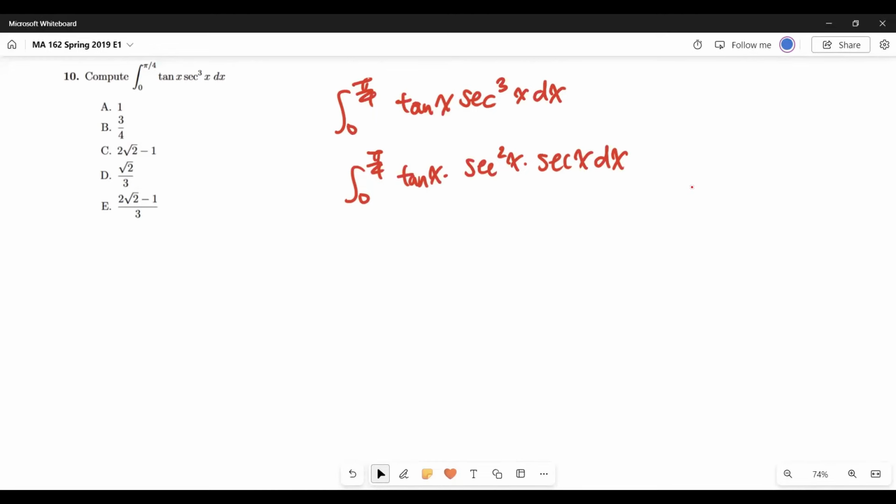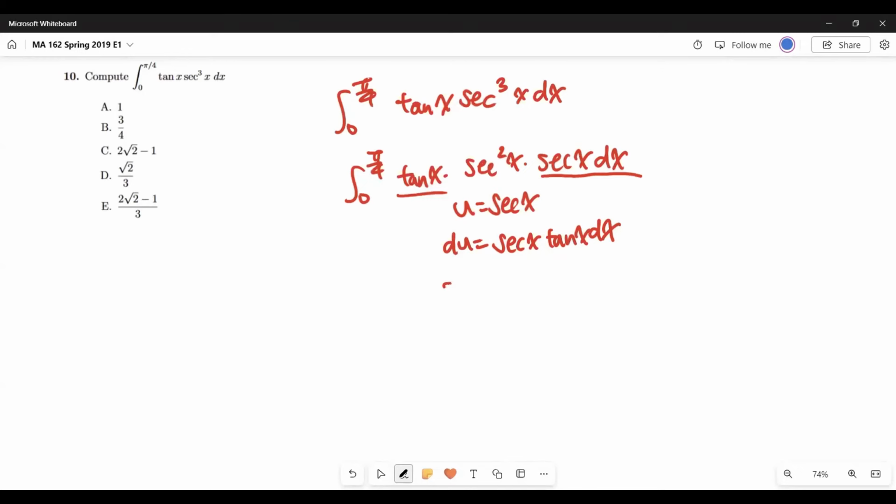You can find the derivative of that as secant x tangent x dx. The only reason that we are using secant as our u is because we see secant x and tangent x, and you can easily find it by using the derivative. So what you're going to do is put u equals secant x. The derivative becomes secant x tangent x dx. So that's our du, and you have to find new bounds, which is